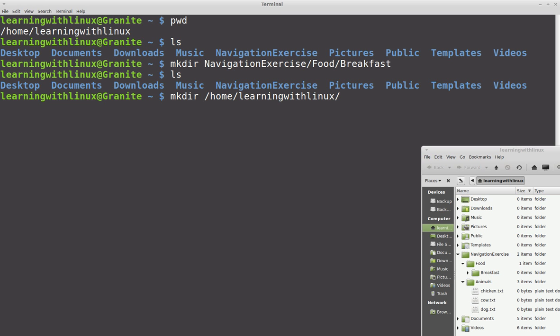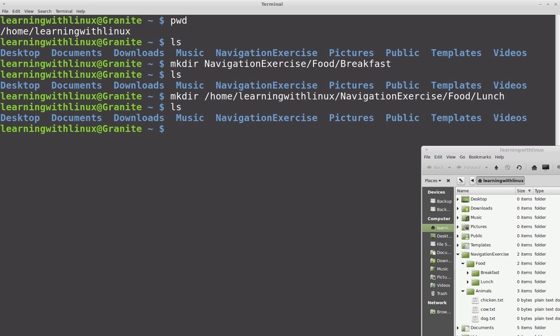And then the next level under that is the navigation exercise. And then we want it under the food directory. And then we will call it lunch. Now again, when I look, I don't see either of these. Let's take a look over here in our graphical interface, and you can see we not only have a breakfast but